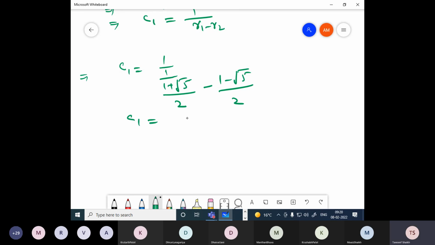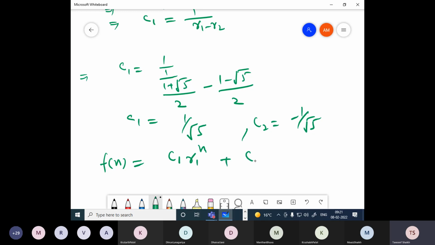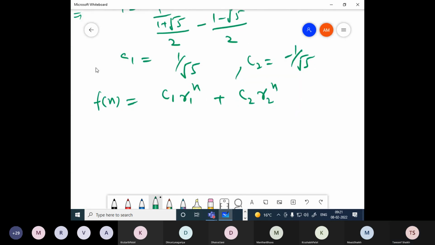Is it the final answer? Okay. And C2 will be equal to, okay. Now when we have found the values of all the coefficients, the final solution of such recurrences will be C1 R1 power n plus C2 R2 power n. On substituting the values here,